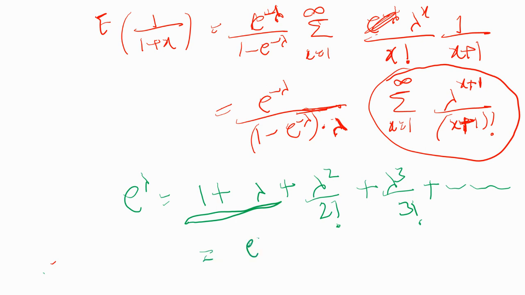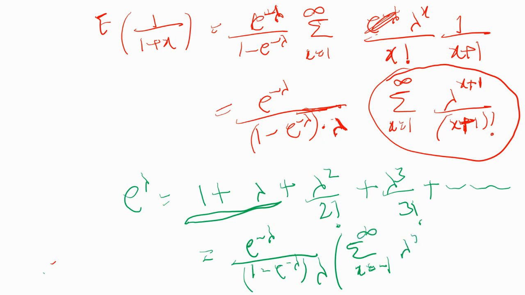So ultimately we will have e to the power minus lambda over 1 minus e to the power minus lambda, times lambda, times the summation from x equal to minus 1 to infinity of lambda to the power x plus 1 divided by x plus 1 factorial,